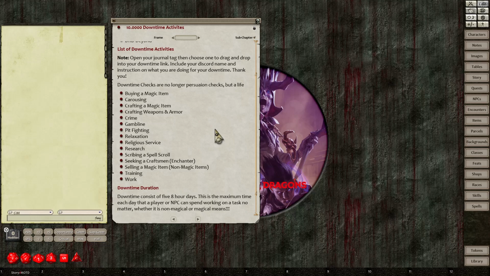And well, it has to be exquisite if you're going to enchant it, but they can take your exquisite armor, give it to your fellow companion gamer who's playing with you, knows to enchant stuff, and then they can enchant the armor for you. And of course, all this takes time and money, but they can do this stuff with downtime. You can commit a crime, gambling, pit fighting, relaxing, religious service, basically doing something for your church or something,